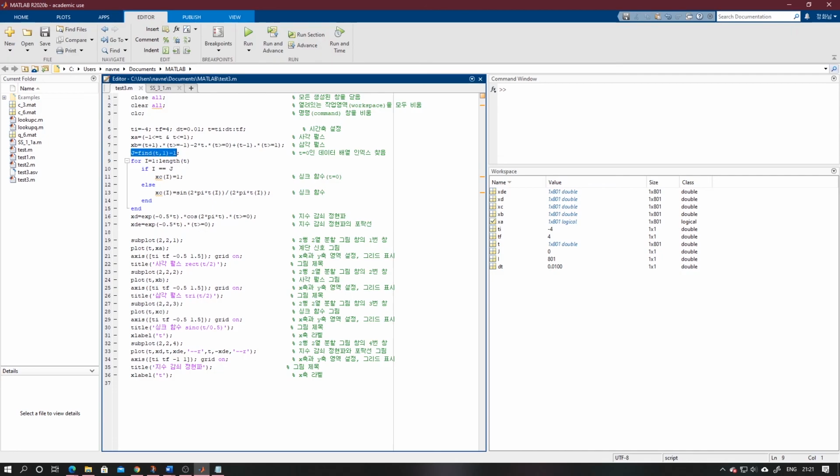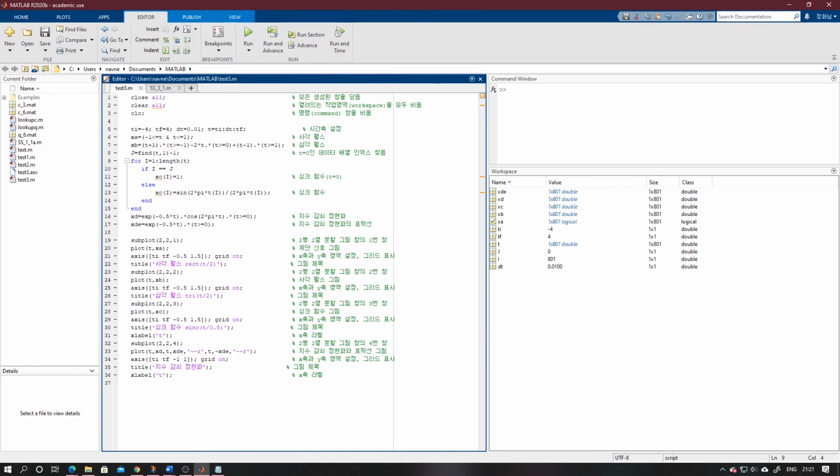Okay, for this we have to run a loop. We have to reiterate our cursor again and again until we find t equals to 0.